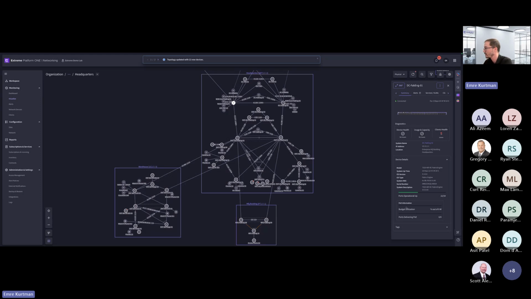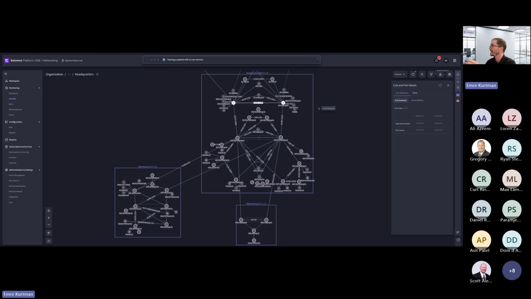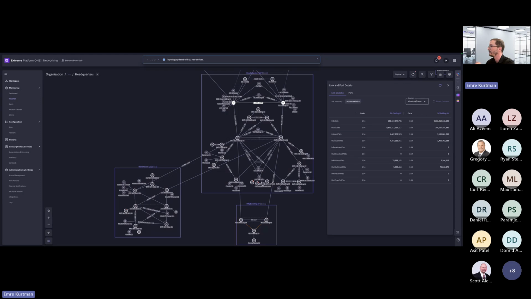Same with the PoE budget. So if this is a PoE switch, you will also see how many ports are delivering PoE and what's the budget left out of the total PoE budget that you have for that particular switch. So this is the inspector panel, and it's not just for the devices. You can also click on the links, and it will bring up the link inspector panel with the information for the physical link, right? So this means the operational state, which is currently up, obviously the port name on two sides. And if you want to see statistics for this link, in and out octets, the unicast, broadcast, multicast packets